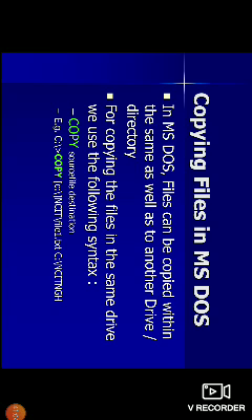So next one, sometimes we want to copy files. For this we use the copy command. The syntax is copy space source file space destination file, and press enter. Now the source file is copied to the destination folder.